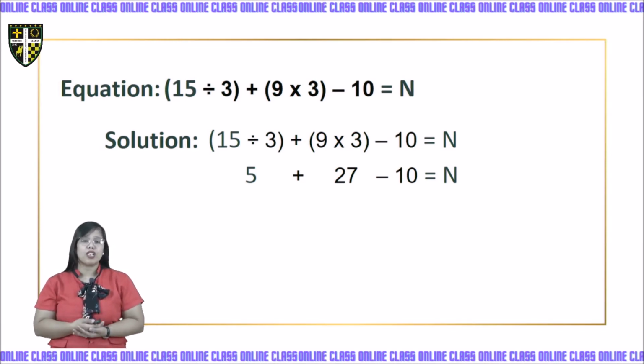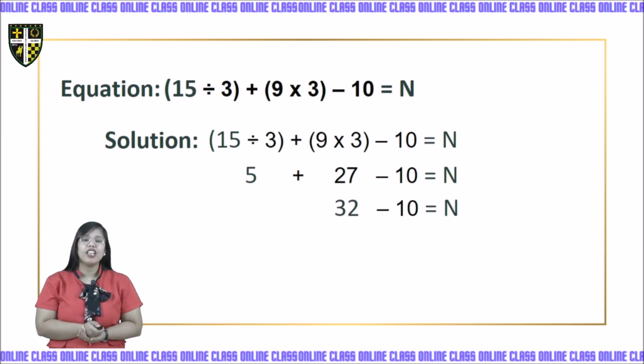We don't have exponent, so we will proceed to multiplication. But we don't have multiplication and division. So now, we will proceed to addition. So 5 plus 27 is 32. And then, we will just copy minus 10. Then now, we will proceed to subtract. 32 minus 10 is